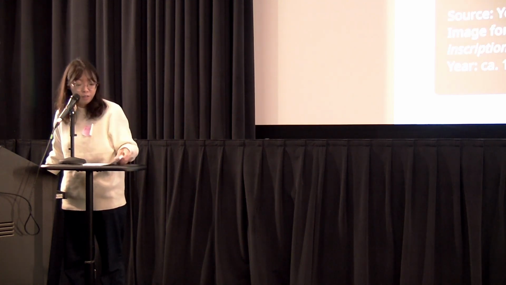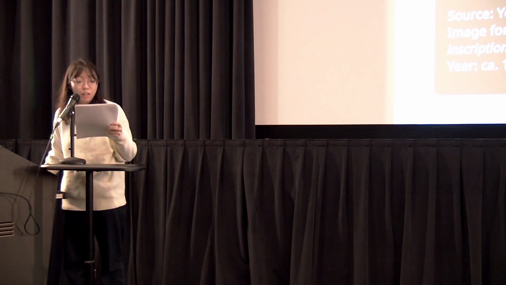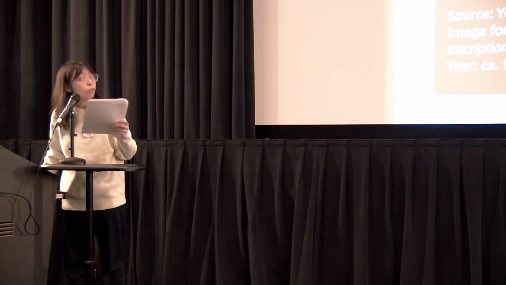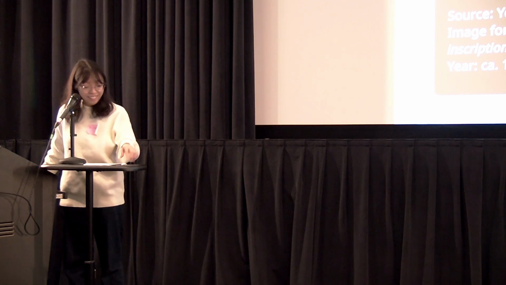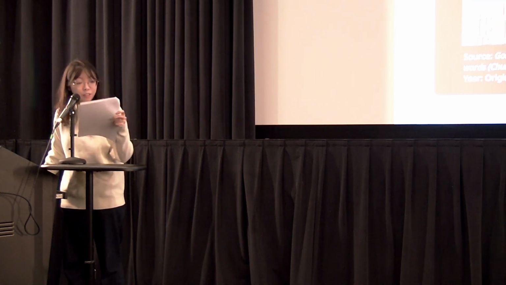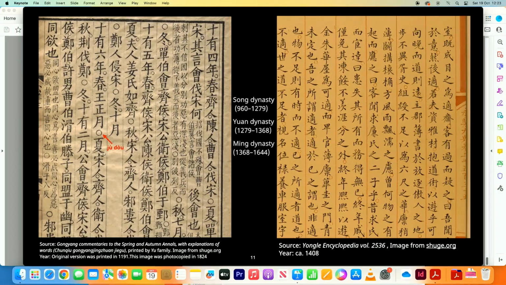The hook mark can also be seen in Chinese bronze inscriptions in the Shang and Zhou dynasties, and was later called Judou in the Han dynasty. This is the hook mark. With the introduction and development of printing technology, traditional punctuation was widely used in the Song, Yuan and Ming dynasties. The usage of Judou marks in printing started from the Yu family in Jian'an. On the left, we can see many circles, which are all called Judou